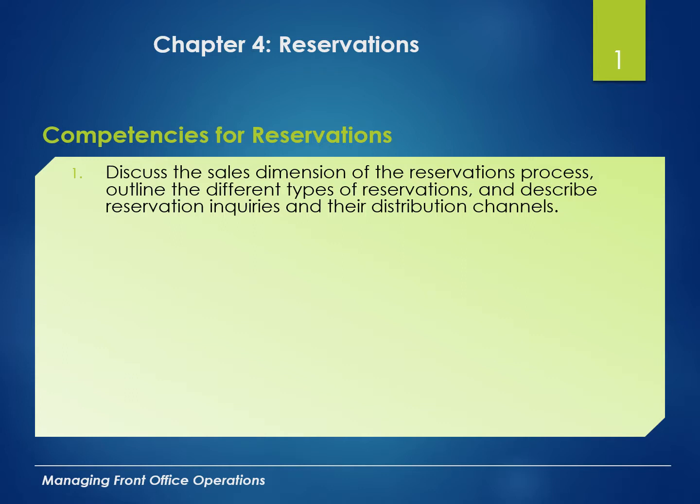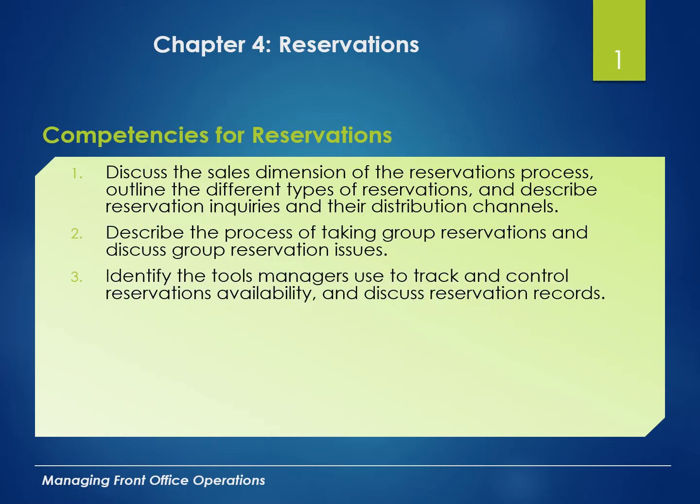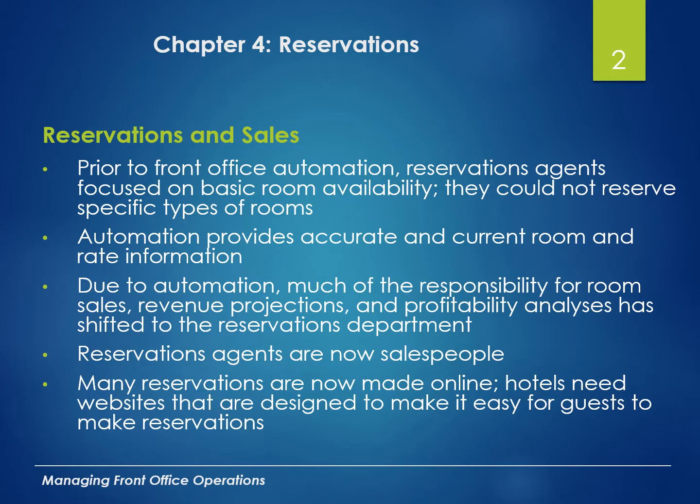All right, so in this chapter 4, we are going to focus on the reservation. So that's that pre-arrival stage of the guest cycle. So let's talk about first reservations and the sales. And so essentially what happens is a lot of the reservations are now automated because of our property management systems. And so now people can call the hotel directly, or they can make their reservations online. There's many different possible ways to do that because of that automation.